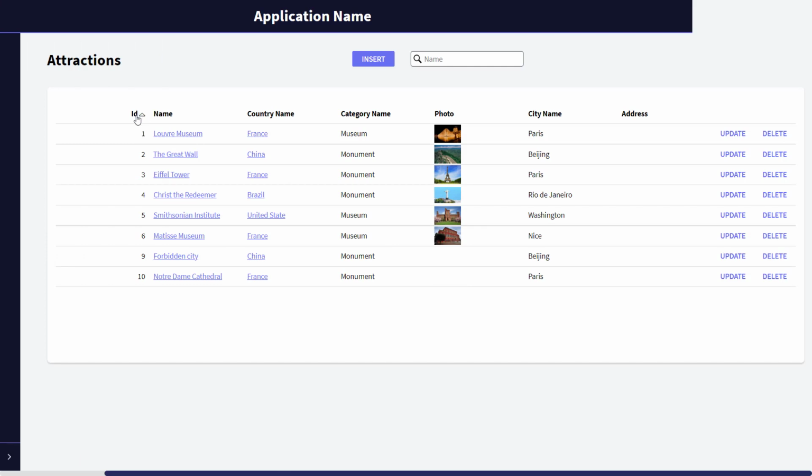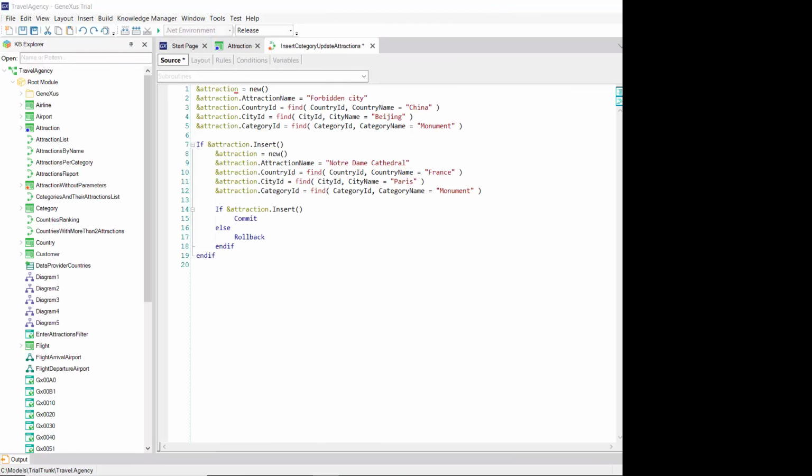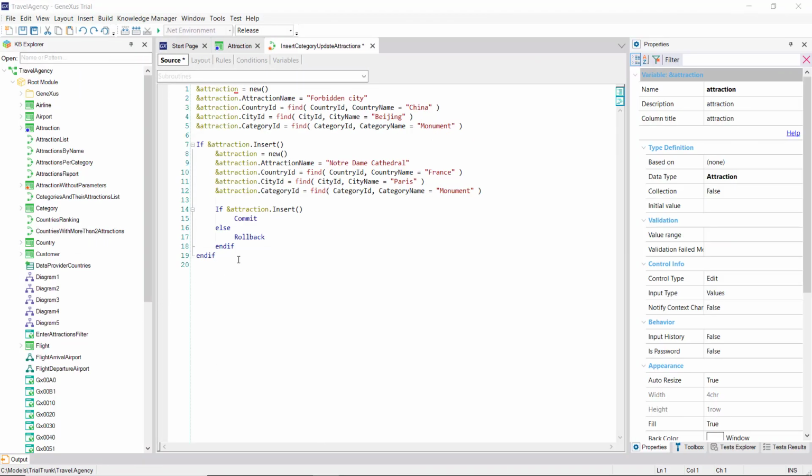What if now we wanted to change the category of the Chinese wall, so that it's no longer a monument and becomes instead a famous landmark, as well as change its name by removing the. Let's leave the previous code with comments, so that these two attractions are not inserted again. If their identifiers weren't auto-numbered, the insertions would fail because there's a duplicate key. But this isn't the case.